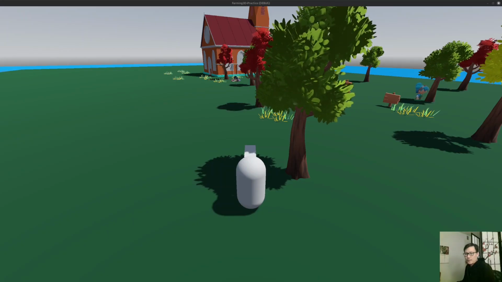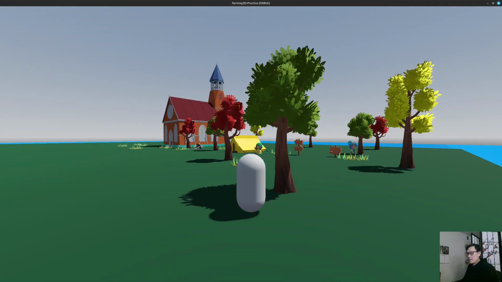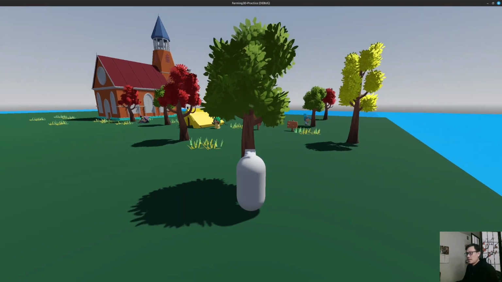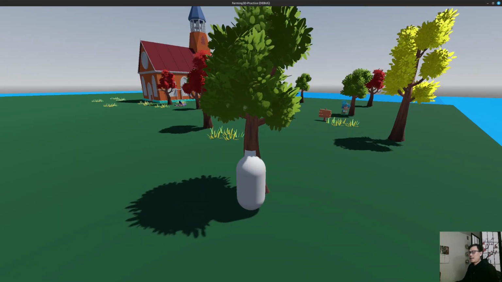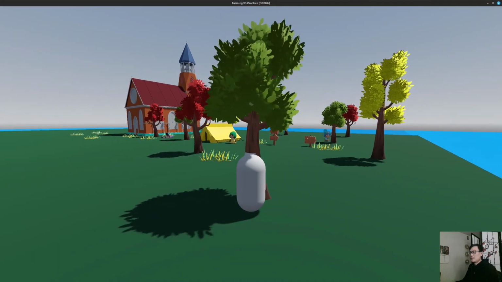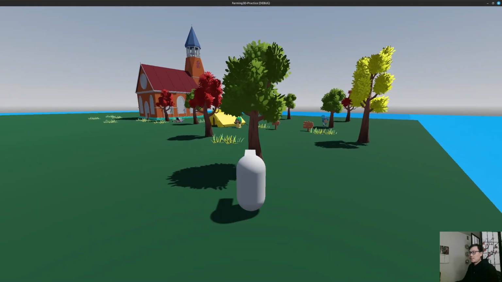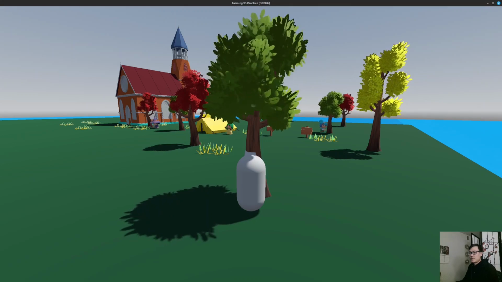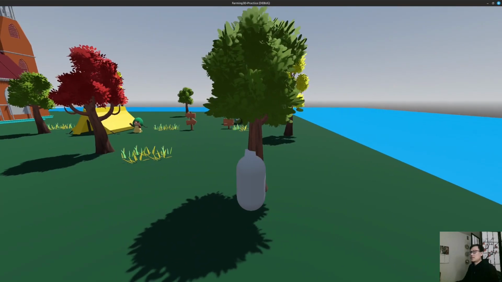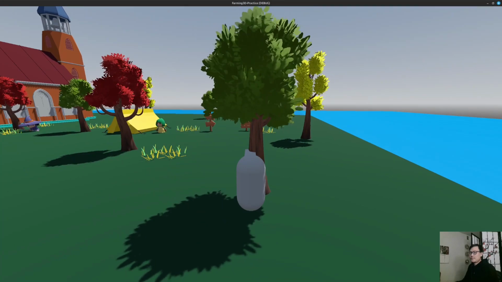Okay. Hey everyone, I just want to show you. I was able to create a signal and create a tree shake using the method and access this shader. As you can see here, I can shake it when I press the mouse button and hit the tree. I'm going to put a fruit after to make sure that we can get the fruit from the tree. So as you see here, just shake it. Alright, so